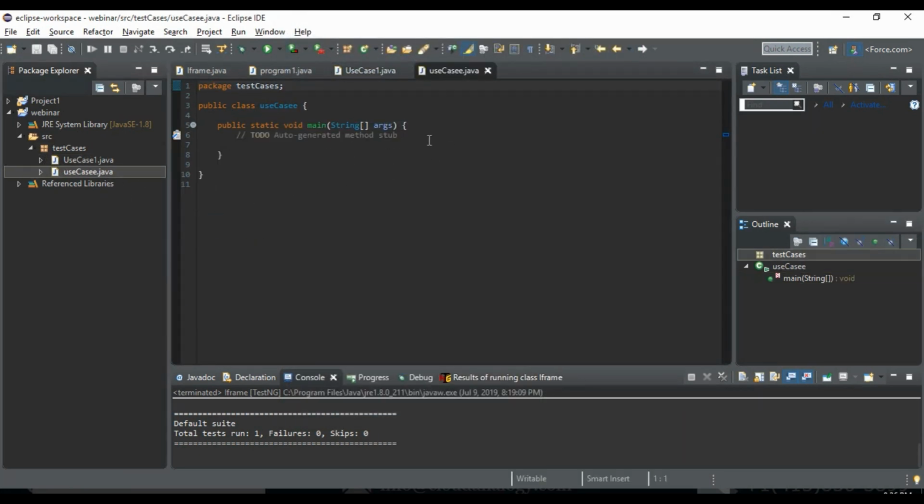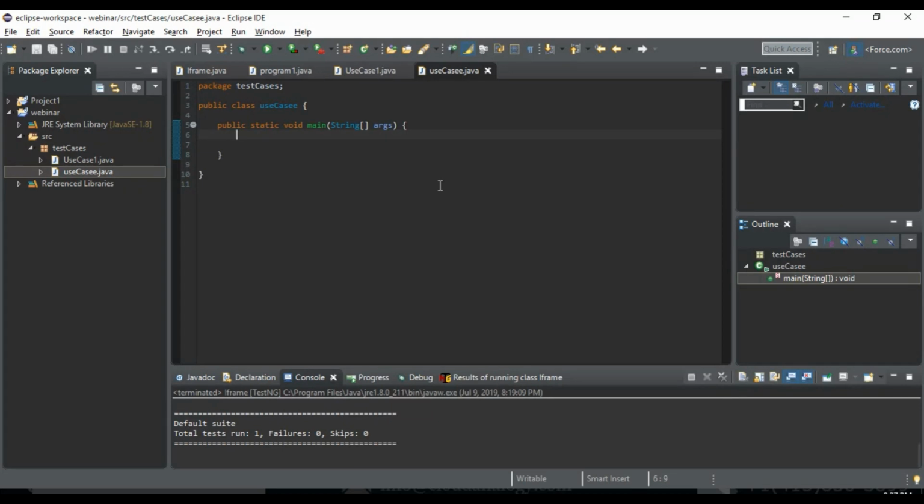So as you can see, a new class file has been created. Inside this public static void main, we have to start our scripting. First of all, while writing Selenium code, we need to give the location of where we want to fetch the Chrome driver from. As we give our location of the Chrome driver, then we will proceed to